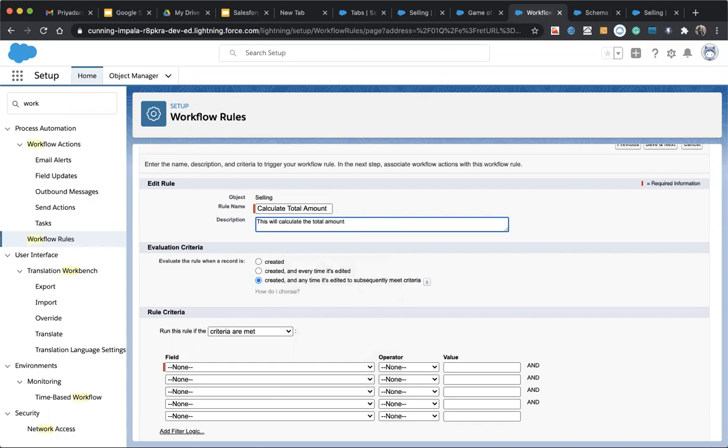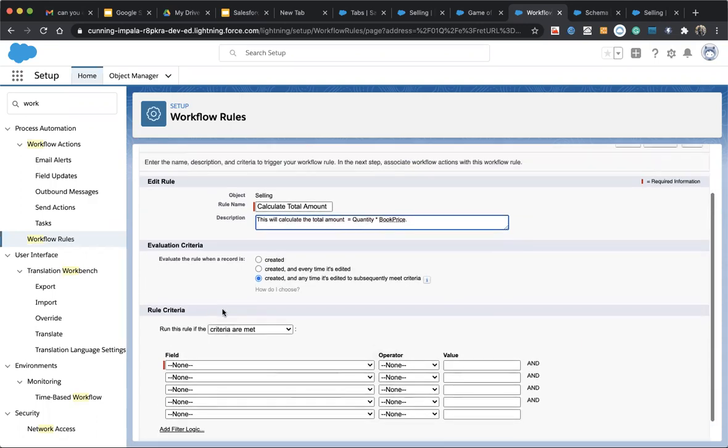Total amount is equal to quantity into book price. That's a description, nothing else; it only helps to understand.